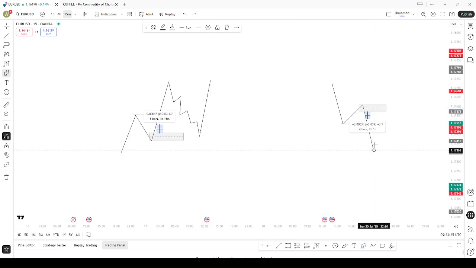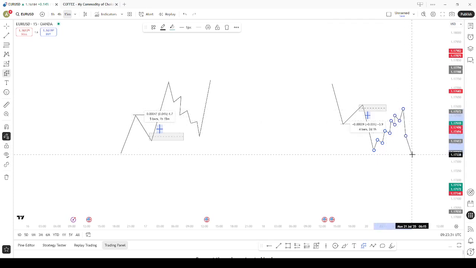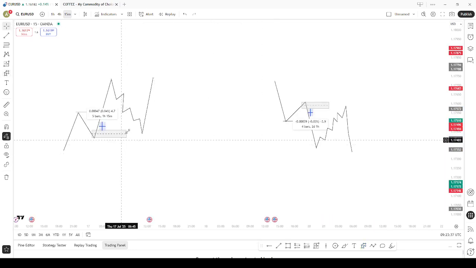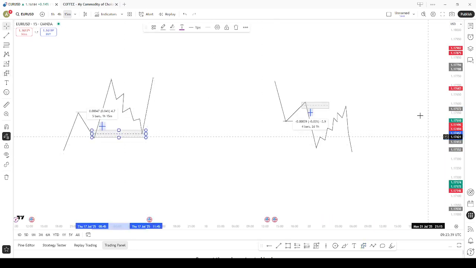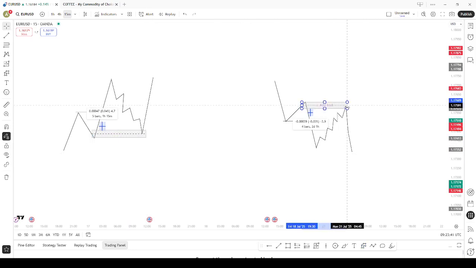Or else price just retraces up to this level, it fills the imbalance, then boom, it sells. So that is the simplest way, and it's actually a very strong way of considering